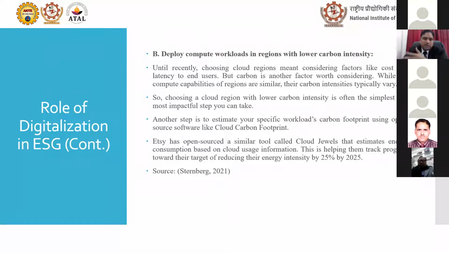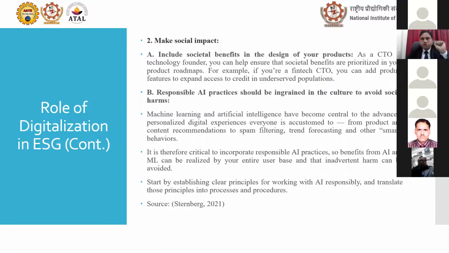Second is the S part of ESG, that is social impact. How is digitalization creating a social impact? They include societal benefits in the design of their products. As the chief technical officer or technology founder, you can help ensure the societal benefits are prioritized in your product roadmaps, right? So when you do product development, you should keep society in mind. For example, if you are a fintech CTO, or chief technical officer, you can add product features to expand access to credit in underserved populations. So it will take care of the society that is underserved,